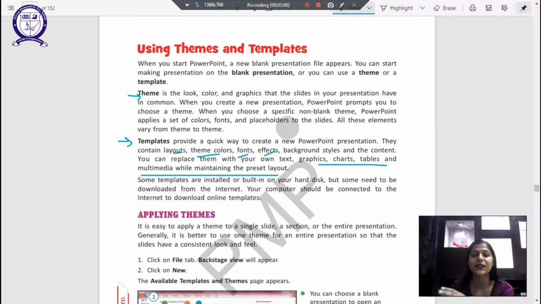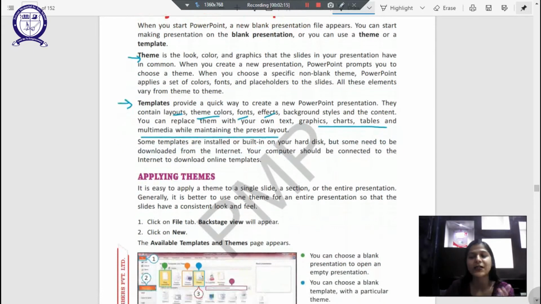A template is something like a basic format, a basic setup, and then you simply modify that with your data. The themes and colors remain in the template, in the presentation. You just simply edit it until the final desired result has arrived for you.